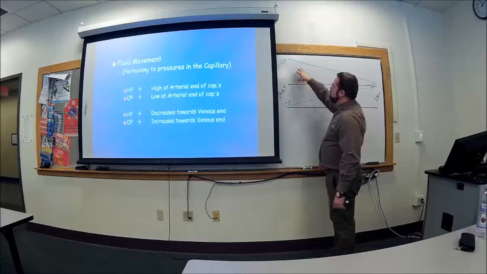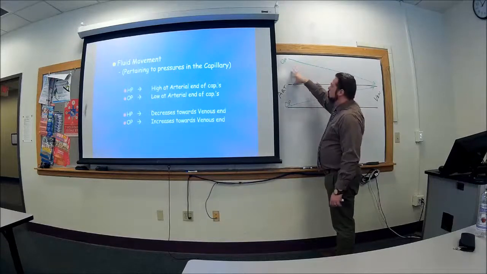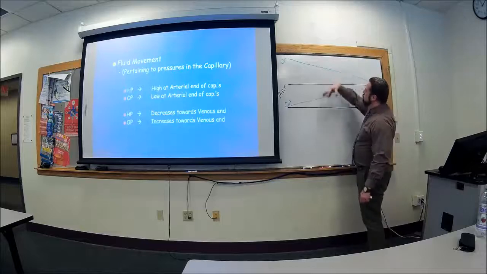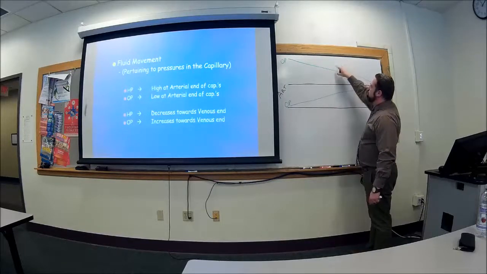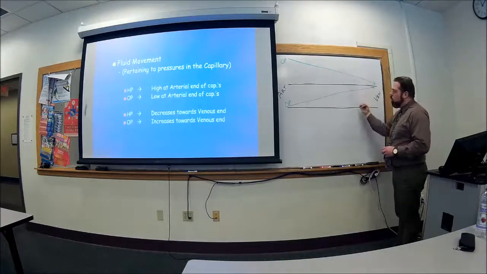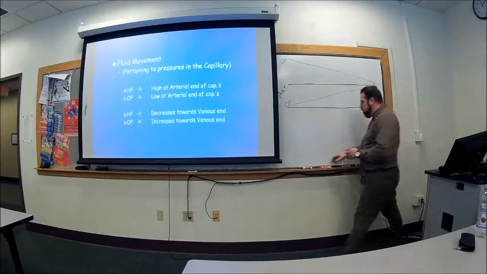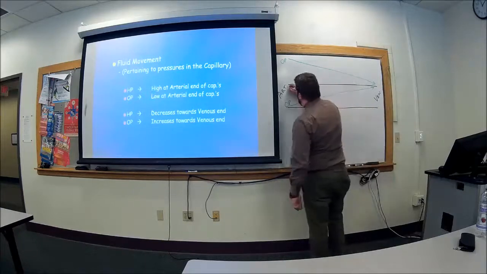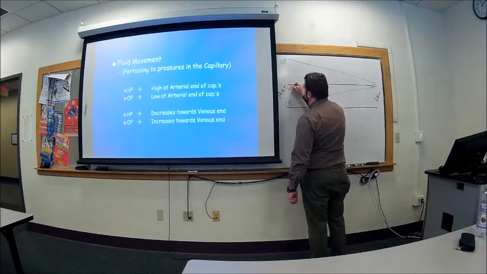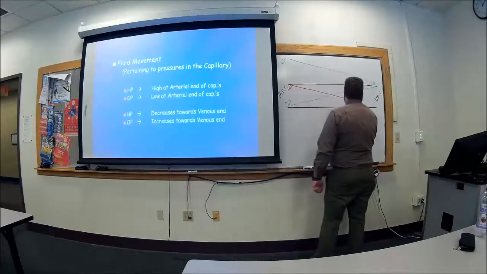Since the oncotic pressure is high up here, water will be drawn to that area. More water, more water, more water. Now it's getting more dilute here, and then it's going to go this way because it'll be pulled into the capillaries. So again, hydrostatic pressure in the capillary will be very high at the arterial end, but gradually go low